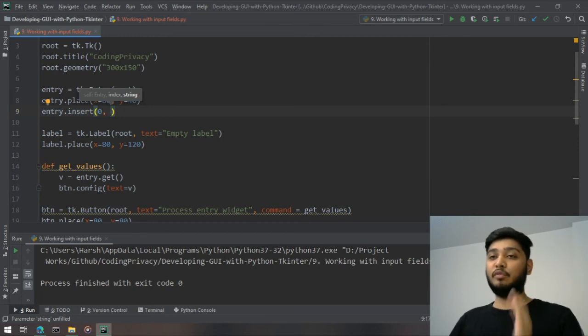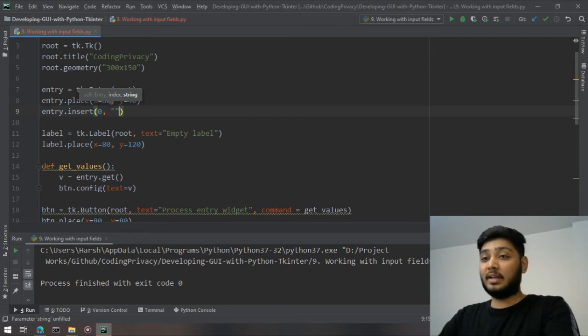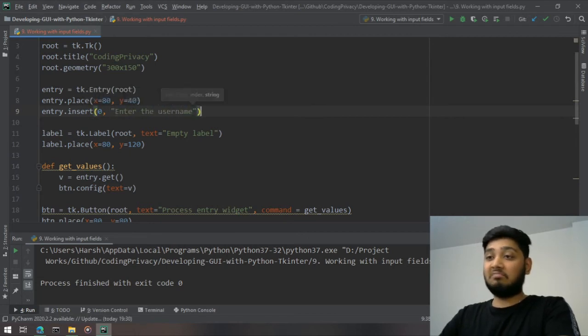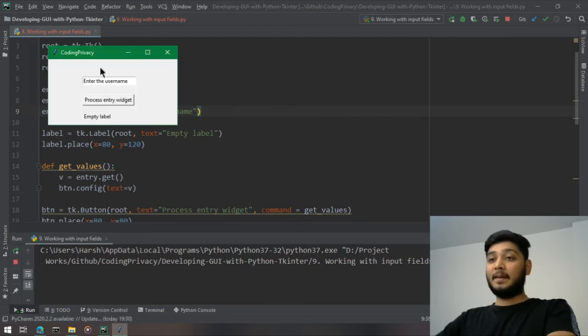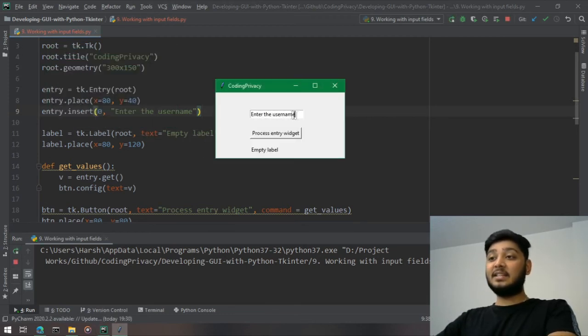If I put 5, then 5 spaces will be blank and it will start from the 6th place. So I'll write 0 and then "enter the username", and now let's run it. Initially I can see the entry widget having the text "enter the username", and I can cut it and then write whatever I want, right?